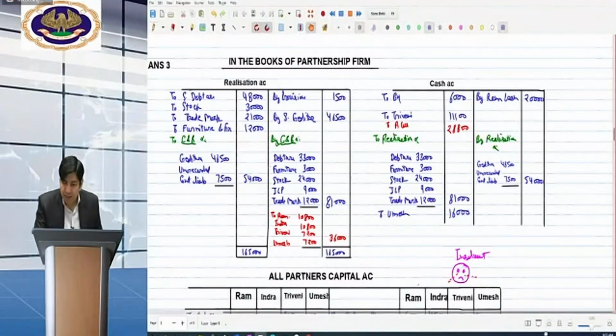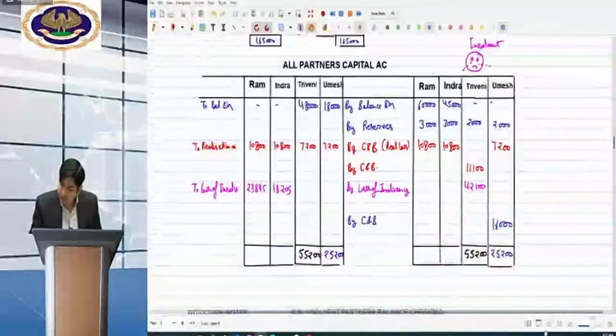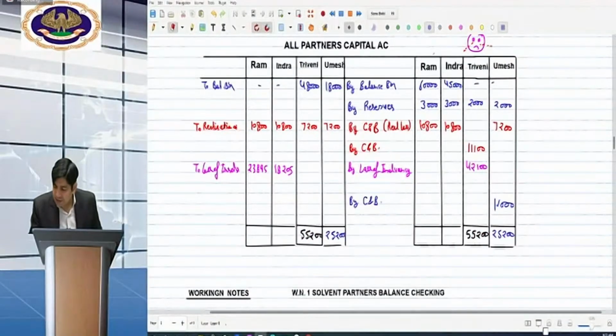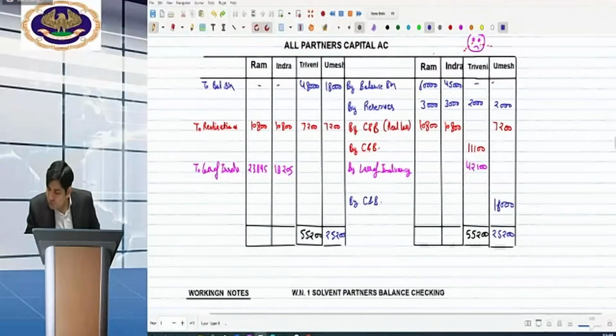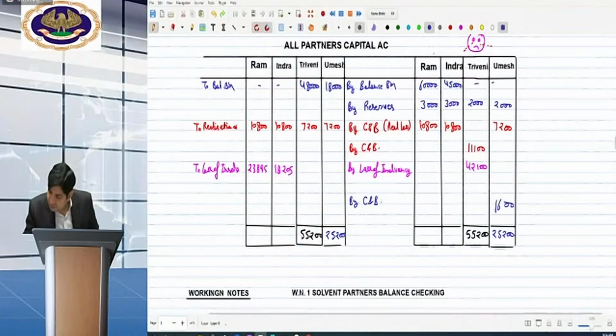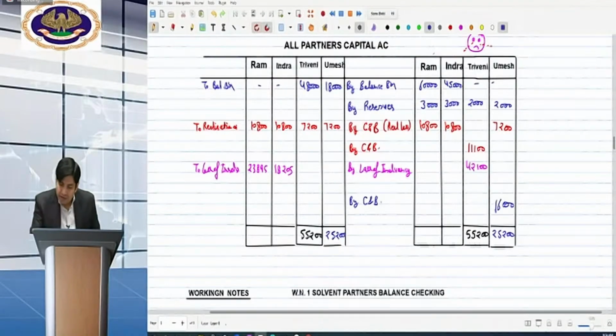Now the next one. So only one partner is there. Okay, sir, we got that in the exam. The examiner will ask only the partner which will be one. No, don't create this type of thinking. There may be two or more partners for which payments are being done. Okay, beta. Next one.